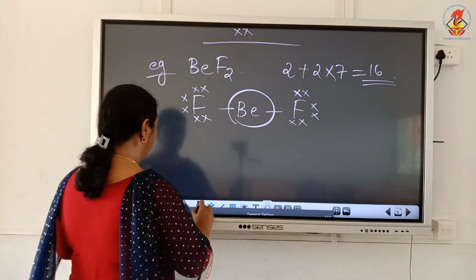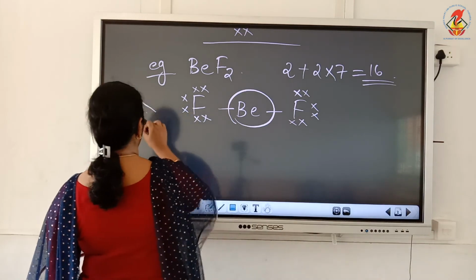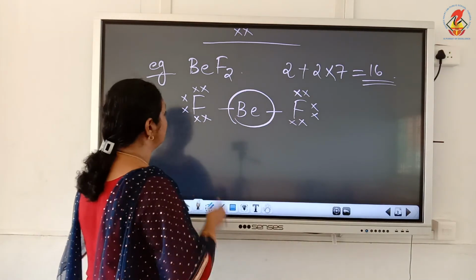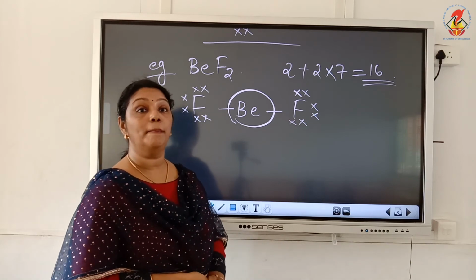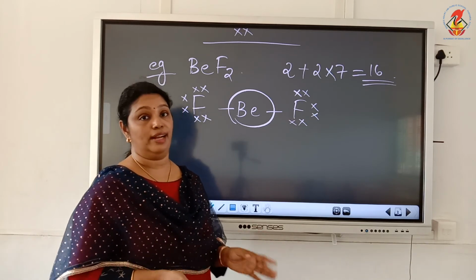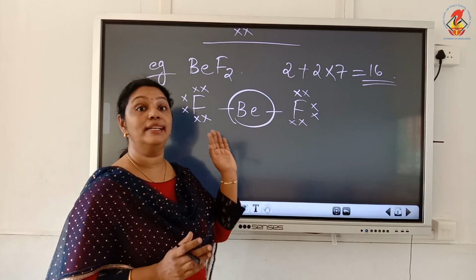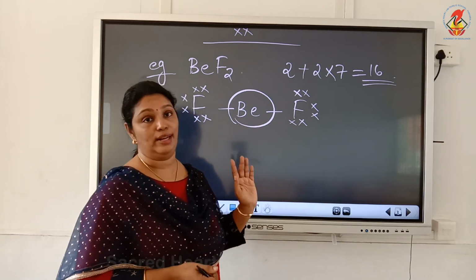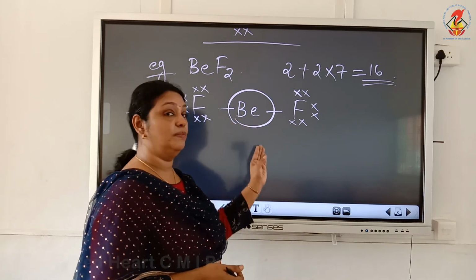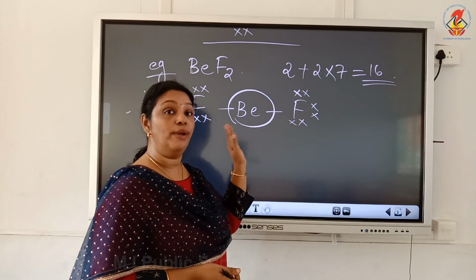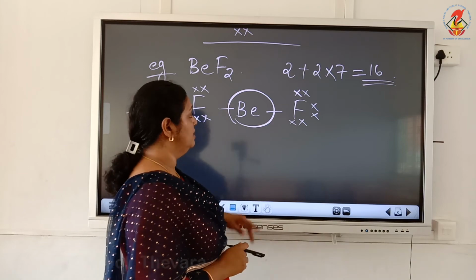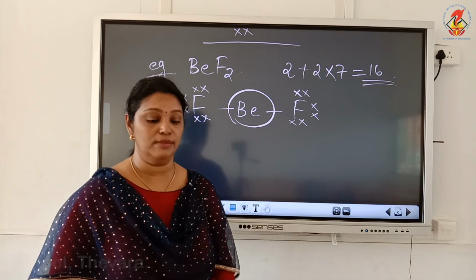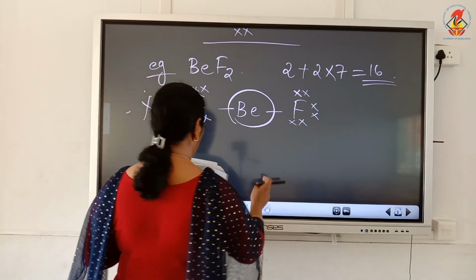Okay, so this is a very important case, an exceptional case, which is a limitation of the octet rule. That is incomplete octet around the central atom. This is an example for that. You can see the central atom is beryllium. It has no 8 electrons. It has only 4 electrons. Okay, so this is one example for that. So note this molecule. Now the next example is